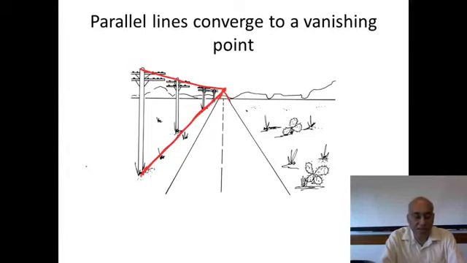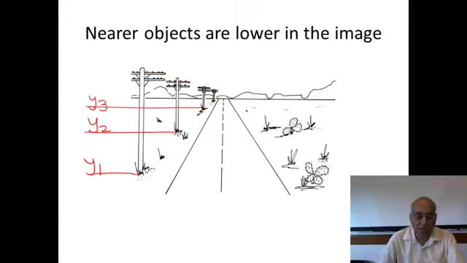Welcome again. And last lecture we talked about some properties of perspective projection. So I'm going to continue with this theme today and try to derive a few more interesting properties. So last time we studied that parallel lines converge to a vanishing point. Today we are going to take up the next property that I listed then, which is that nearer objects are